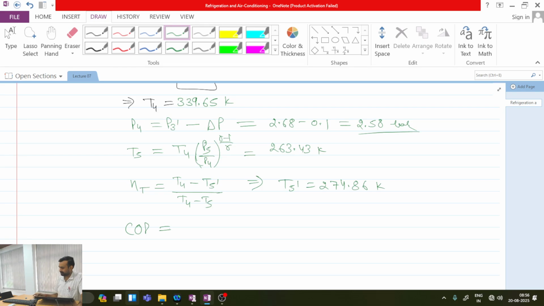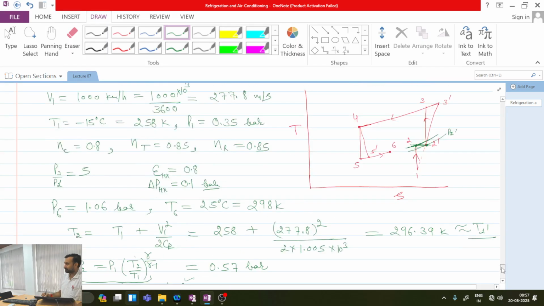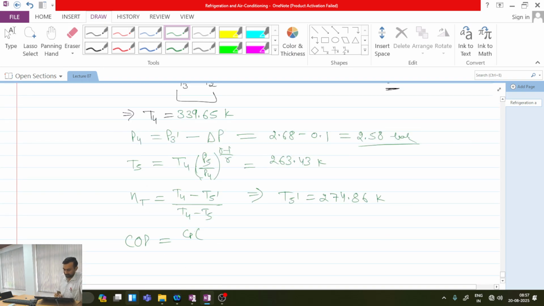On a per kg basis, it is Cp into T6 minus T5 dash, not T1 minus T5. Please see the cycle. Air is coming at T5 dash and the maximum cabin temperature is 25. So the refrigeration effect on a per kg basis will be Cp into (T6 minus T5 dash),